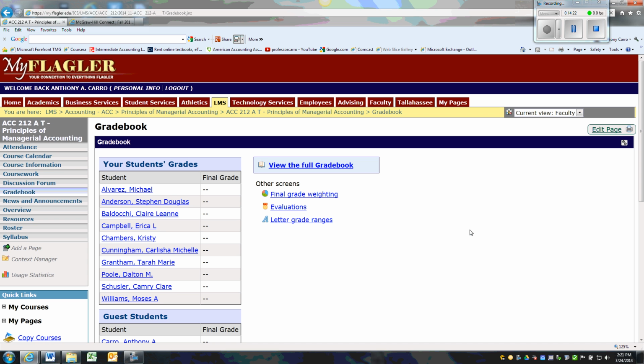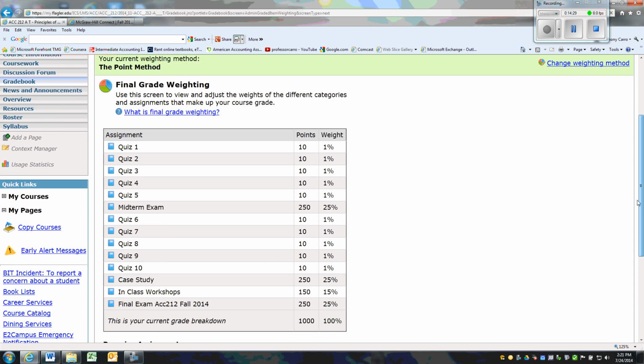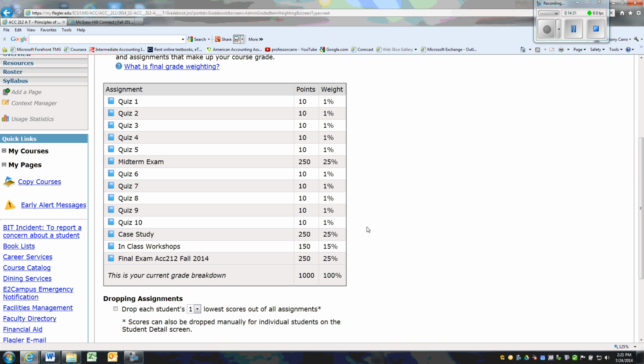All right, once we've set up our coursework, we can review the weighting of each of the assignments. And again, I use a 1,000-point system. You can use 100 points. You can use a percentage. And then this shows me that I have accurately set up my coursework so that all of the assignments equal